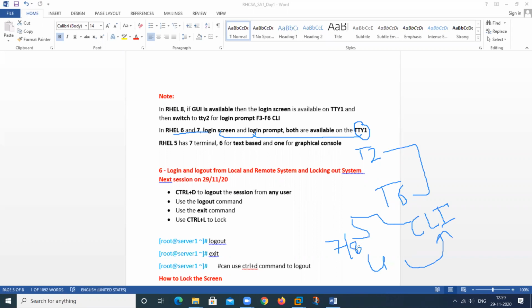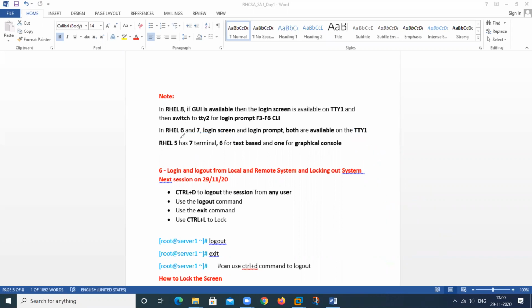But what about 5 and 6? In RHEL 5 we can open 7 terminals. In these 7 there are 6 text based and 1 for the graphical. So this is the difference: 5, 6, 7 and 8. 6 and 7 are the same, but 8 is different, and 5 is different.